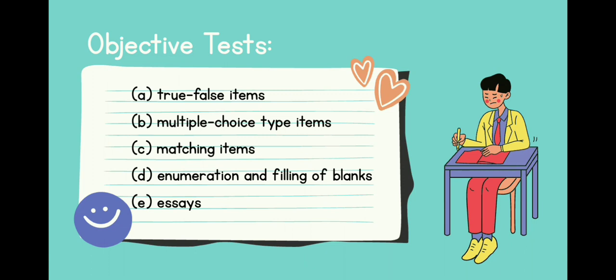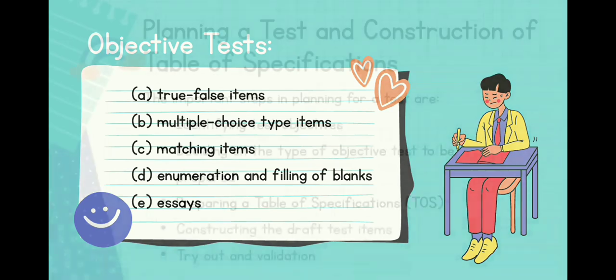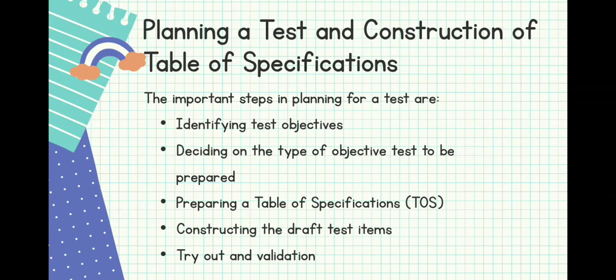Essays are easier to construct than the other types of objective tests, but the difficulty with which objective grades are derived from essay examinations often discourages teachers from using this particular form of examination in actual practice. Okay, so later, Mr. Errol Nawal will explain the essay more, but for now, let us move on to planning a test and construction of a table of